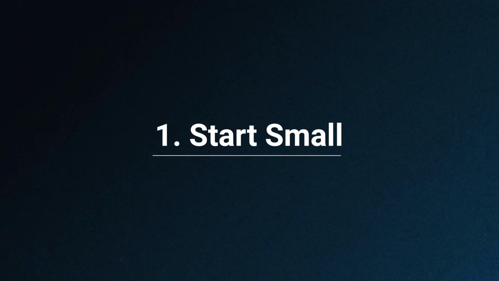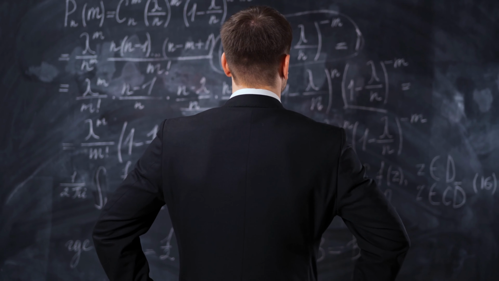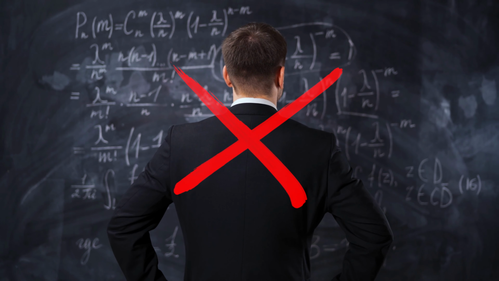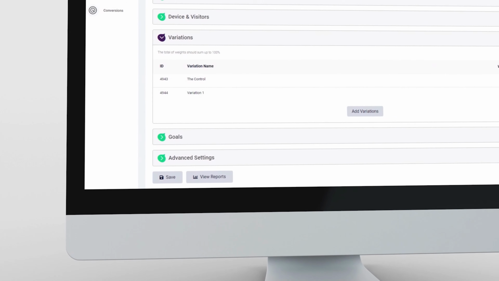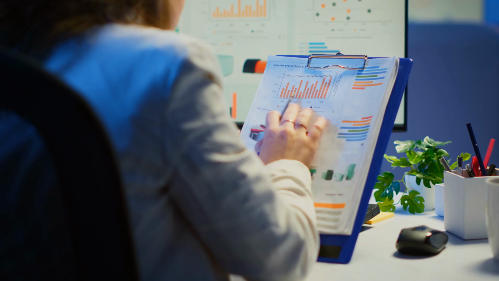Number 1, start small. You cannot imagine how many times I talk to companies who have not done any type of A/B testing and they plan to do very complicated A/B experiments to start with. Don't do that. You want to start crawling before you walk. What do I mean? Your goal in the first experiments is just to get a feel for A/B experimentation, to understand the process that it takes to launch a successful A/B experiment. And with your first A/B experiment, the process is a lot more important than the actual experiment or the results